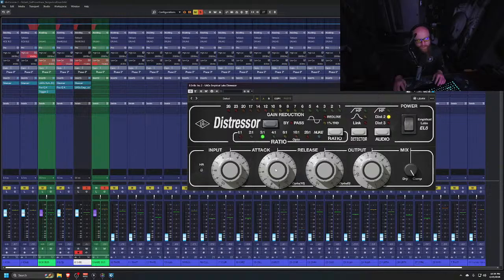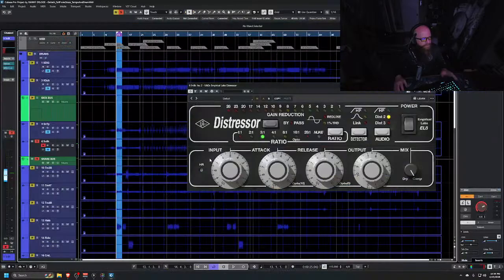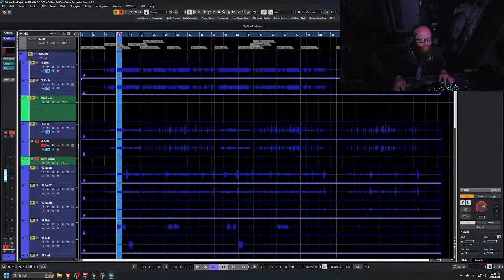Now again, I do not remember the numbers, but this is a really fast compressor. Like it clamps down in picoseconds. So I don't want that. I do want that transient. But what you've got to think about, and I didn't even check, is to see if there's any phase cancellation between the snare top and snare bottom. So just with physics,